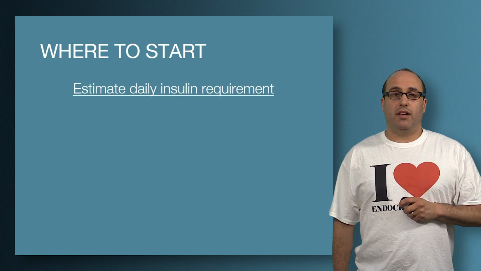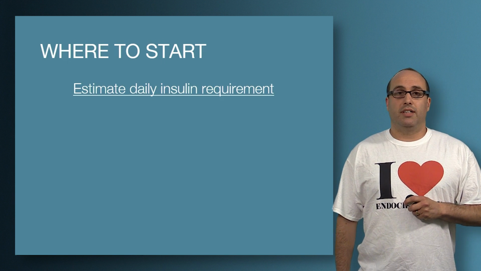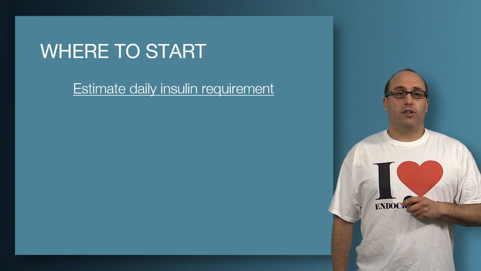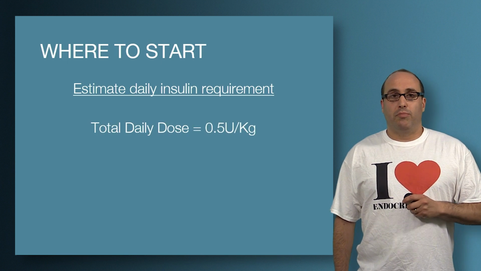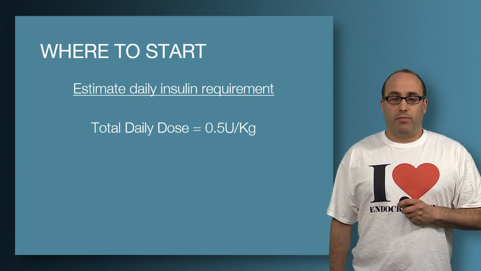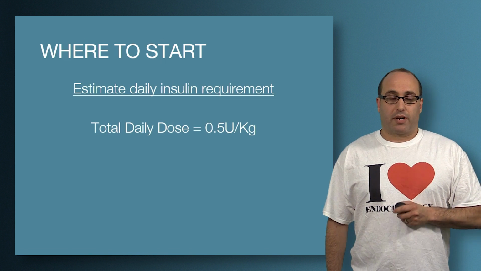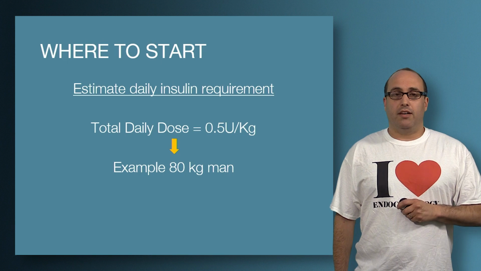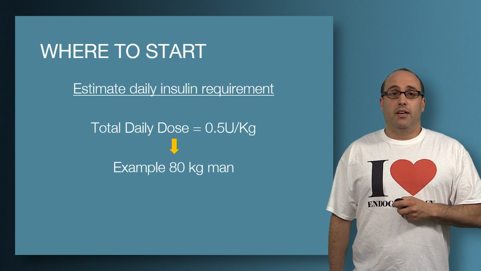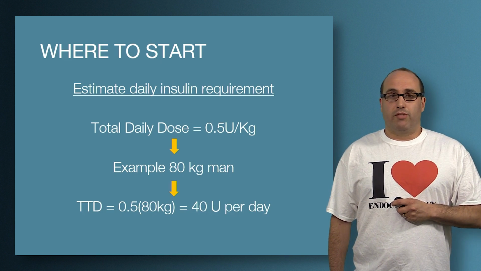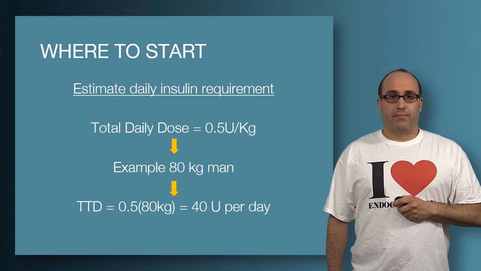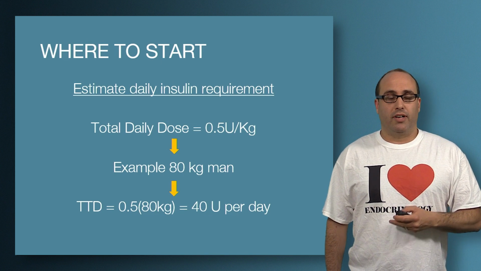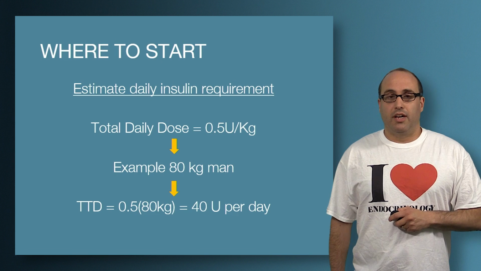Now, they all start at the same place, and that's by estimating a patient's total daily insulin requirement. There are many ways to do this, but one simple way is to use this formula, 0.5 units per kilogram. So if you're seeing an 80 kilogram man who you need to start insulin, we would start around 40 units per day. This is just a starting point, and the dose will need to be adjusted